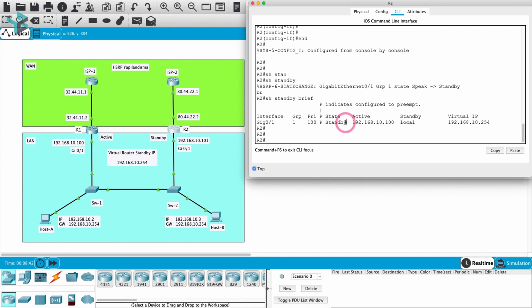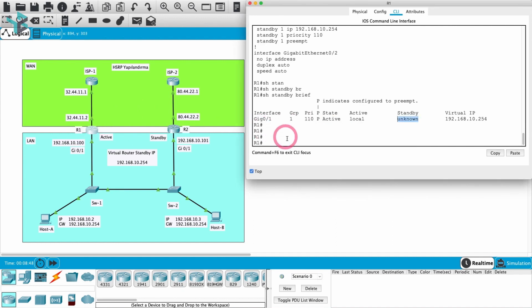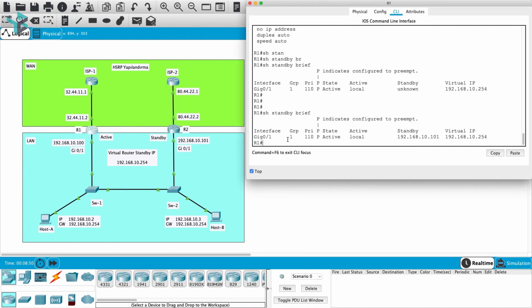Right now you can see that router 2 here is in a standby state, so the router active here shows that it is also standby. Let's look at router 1. When we look at router 1, it shows that it is active and its priority is 110, and its standby router is 192.168.1.101. Now since our host here is active in the router here, it will exit over the router here. Let's open host A immediately and do our test.